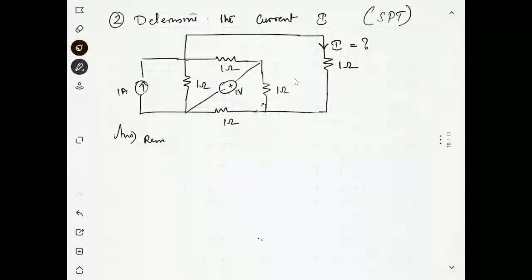You can see, remove the 1 ampere current source. This one ampere current source, I'm going to remove this. So it is an open circuit, and it is an open circuit, and you can see if it is an open circuit, you can see